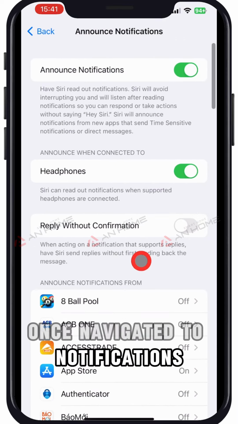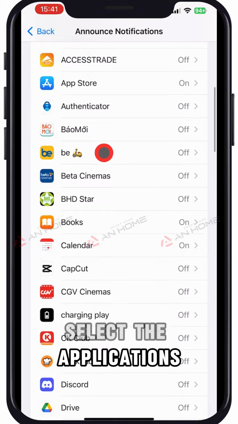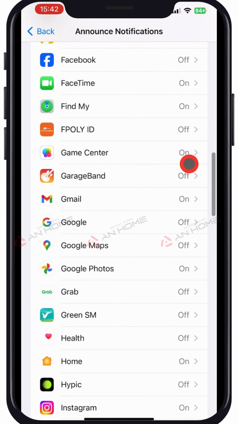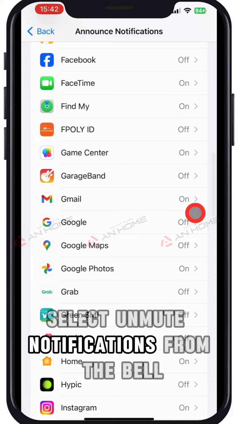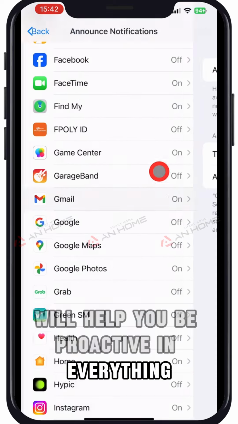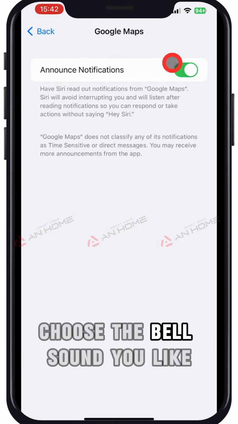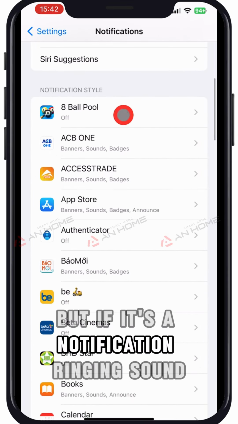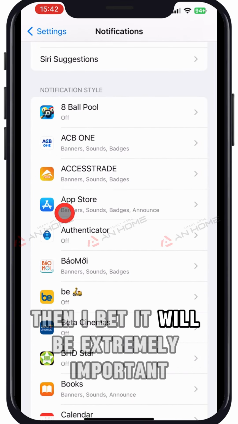Once navigated to Notifications, select the applications and choose to turn on notifications if they are turned off. Select Unmute. Notifications from the bell will help you be proactive in everything. Choose the bell sound you like. A ringing sound won't be anything, but if it's a notification ringing sound, then I bet it will be extremely